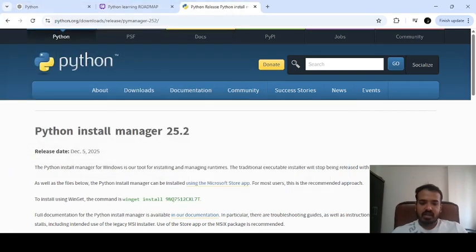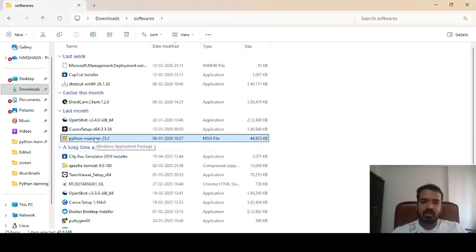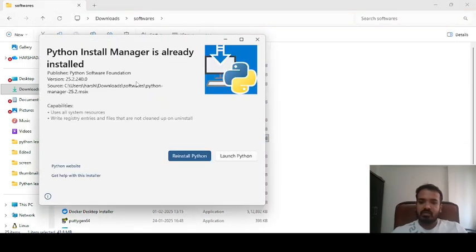In my case, I already have this Python manager installed. So suppose if I double click it and try to open it, it is giving me the option to reinstall. But in your case, the first time it will have Install Python here. तो यहाँ से आप लोग Python install कर सकते हो।